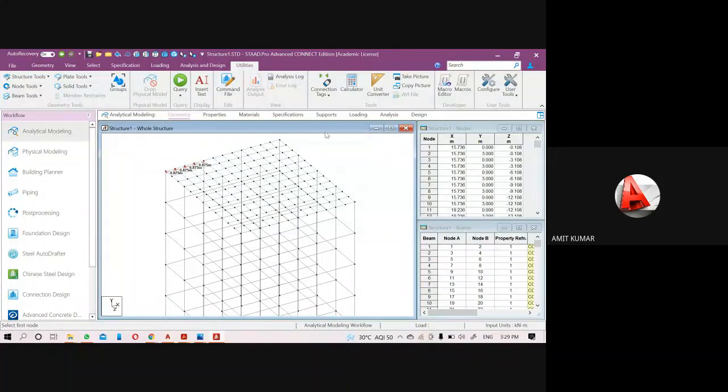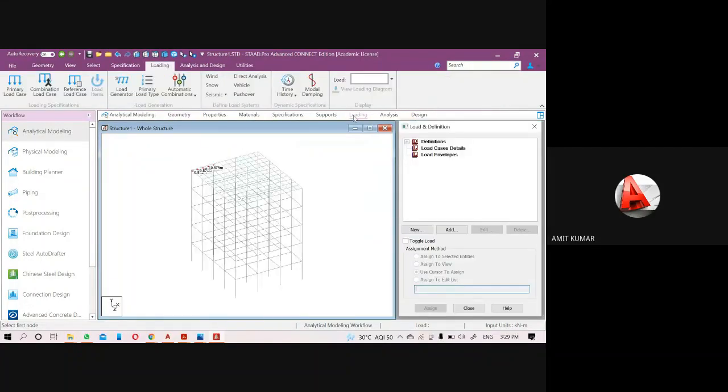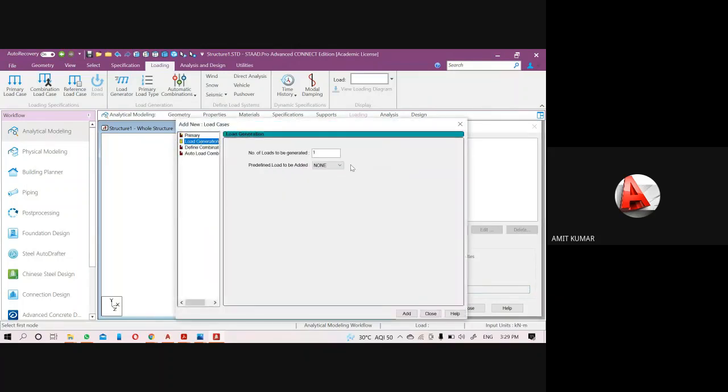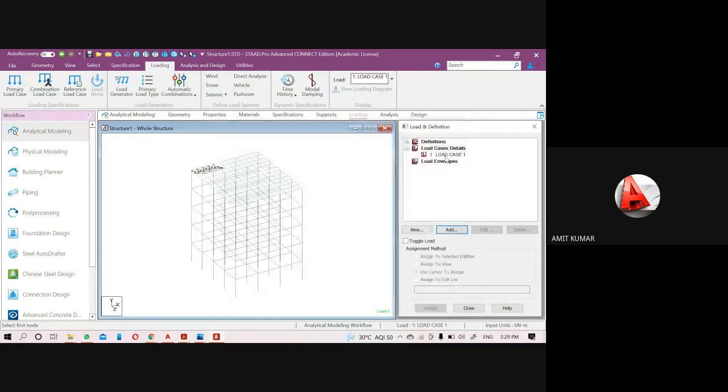So when I define the loading, here in the loading you will see, just see, I'm going to show you what I'm going to explain. Let me create it.